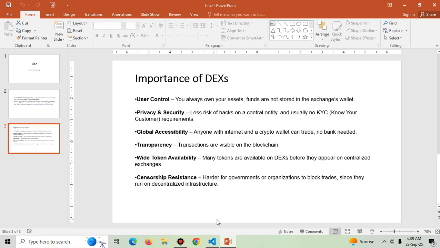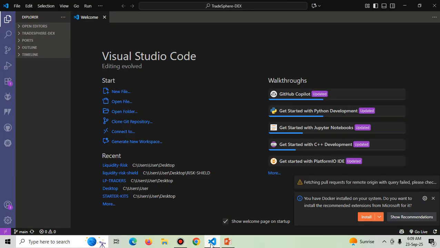Instead of matching buyers and sellers, it uses liquidity pools. Liquidity pools refer to collections of tokens locked in smart contracts, and this enables the trading. So I'm going to look at Tradesphere-DEX deployment today, and we shall be deploying it locally,